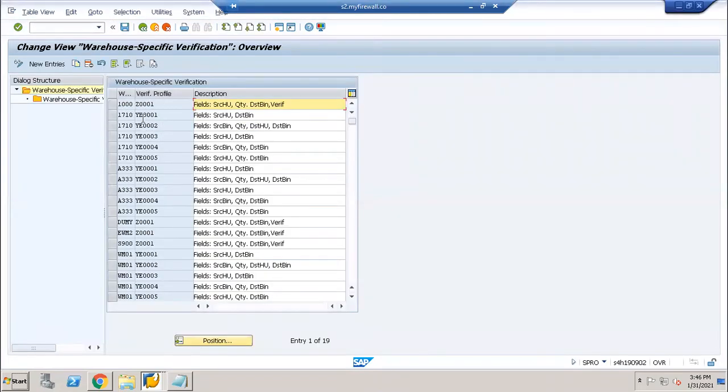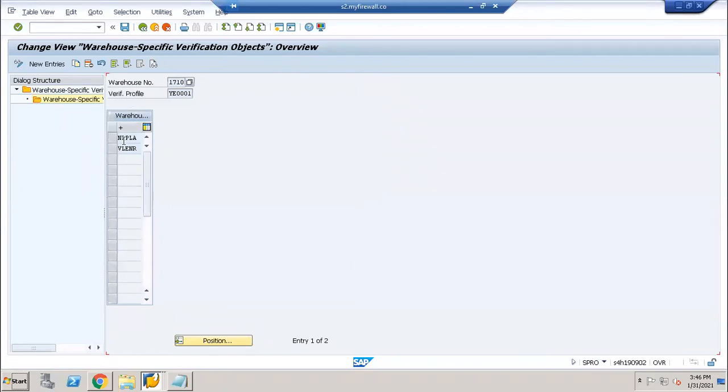So these are the ROC specific verification. So let us suppose that these are the four for our best practice warehouse 1710. These are the fields, right? Now let us suppose that for first option, what is the ROC specific verification object? What is NLP?